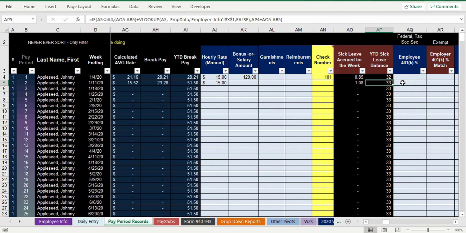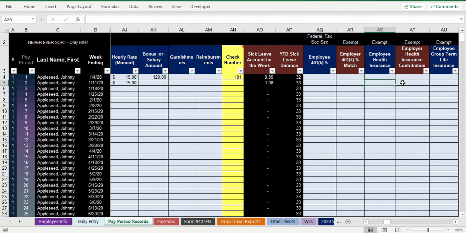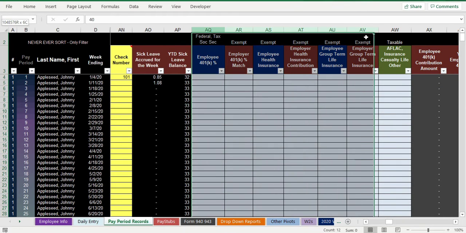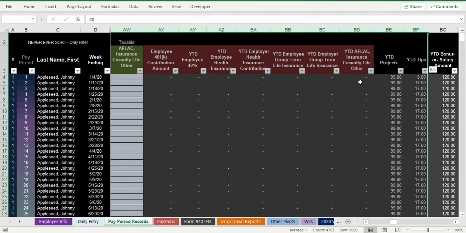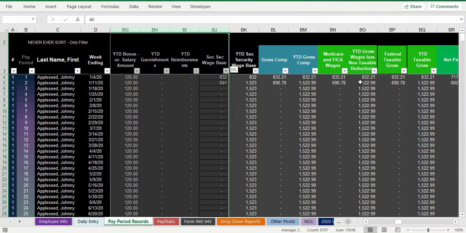I've got the sick leave formulas. They're dark here. You don't touch them. They're automatically calculating accrued sick leave, the hour for every 40 during the week. I've got stuff for 401k match, insurance, health insurance, all this stuff. I don't think you have any of this, so we can just start hiding a lot of stuff. We can start hiding some stuff and then just kind of leave things that you might be interested in, like